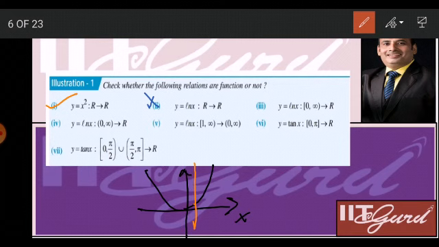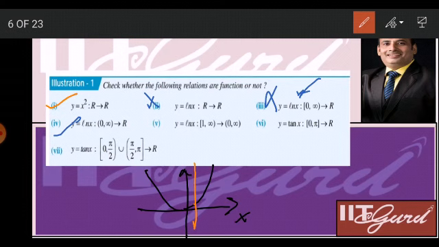If we take the third one, once again, this is a closed interval at 0. Here once again at 0, ln x is not defined. So if we draw a line, it cuts only up to minus infinity. So we can't say that it is a function. This is also not a function. Here y equal to ln x, 0 to infinity, it is a monotonically increasing function. Yes, this is a function.